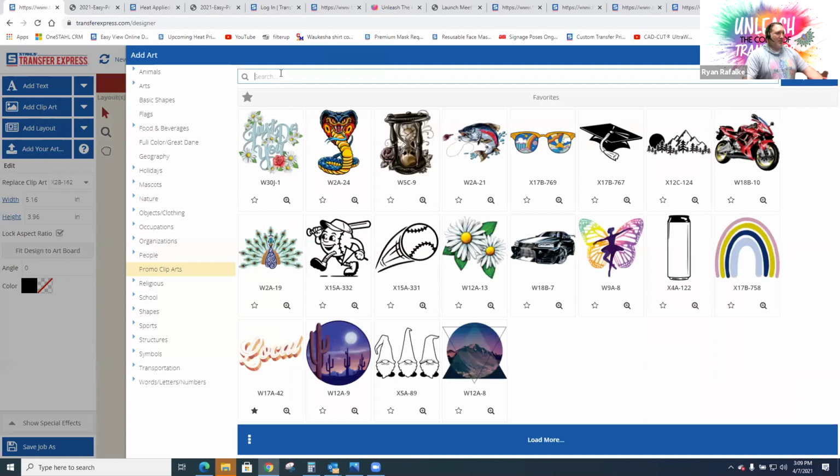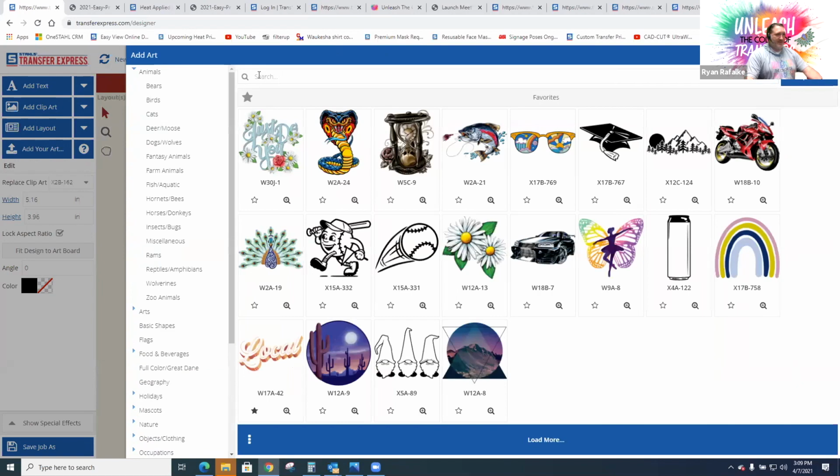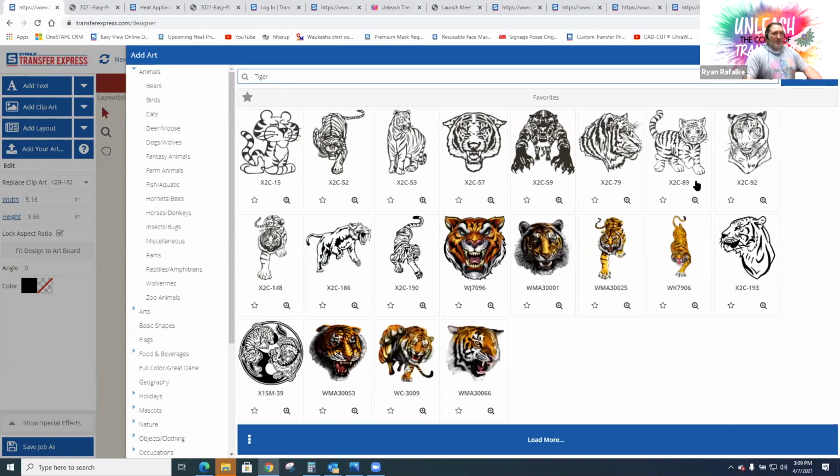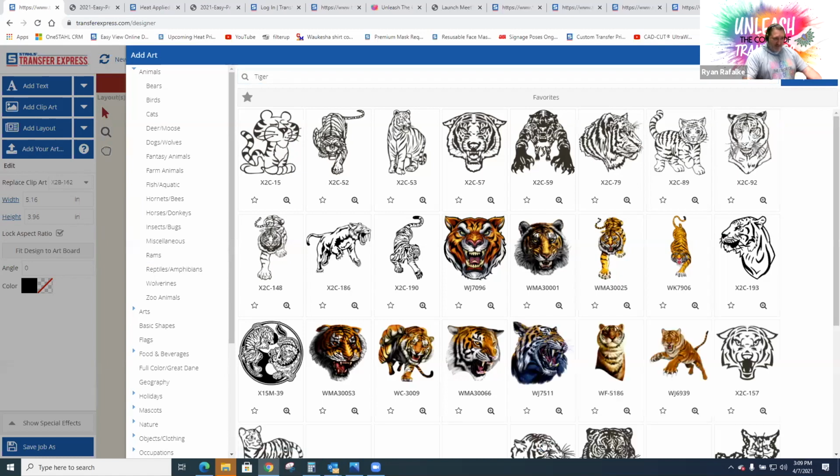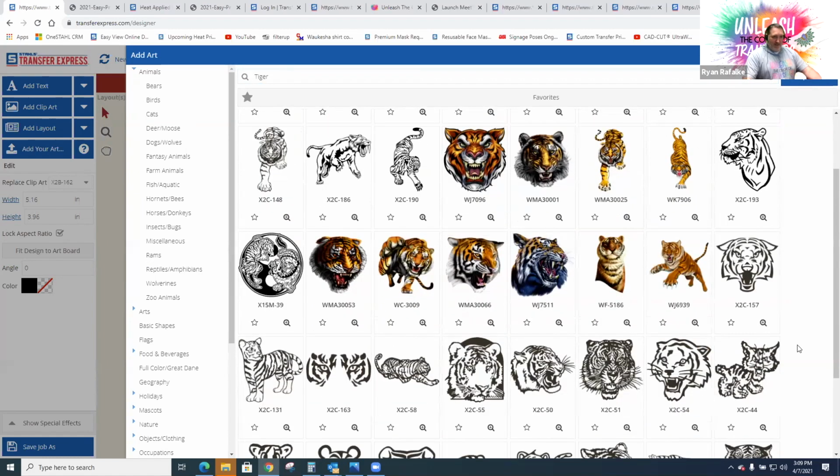I can just type in the word tiger, or I can go to animals and go to cats and figure out where the tigers are there. But just typing in the word tiger pulls up all my different tiger options. As you see here at the bottom, it says load more, the blue bar. You click on that, it keeps loading more. So I'm going to click on this guy here,